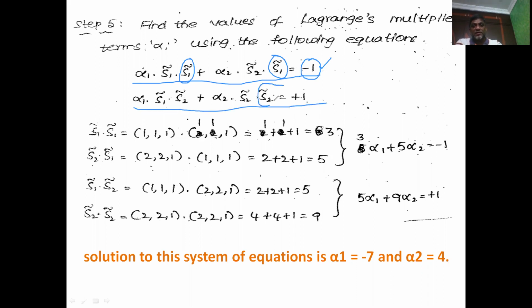Okay, and the second equation represents the second support vector. You can observe it here. It is S2 tilde in every term. So it represents the support vector 2. And because support vector 2, that is 2, 2, is representing a positive label, we take the RHS as +1. Because we know the desired response of a positive label is +1 and the desired response of a negative label is -1.